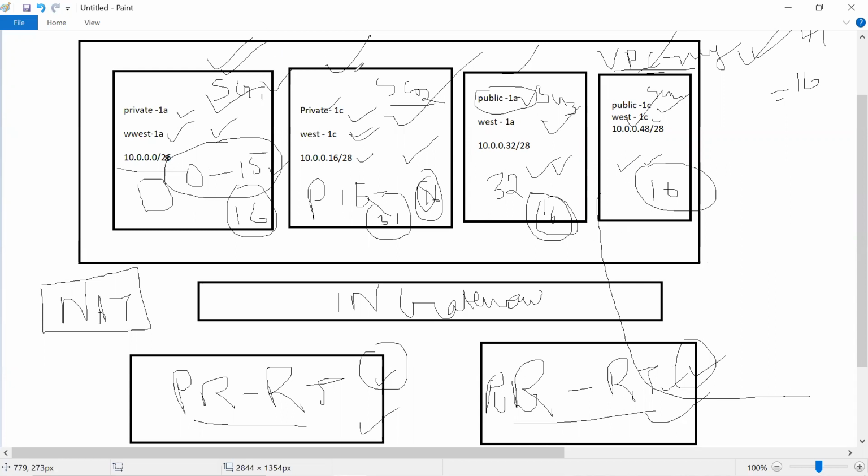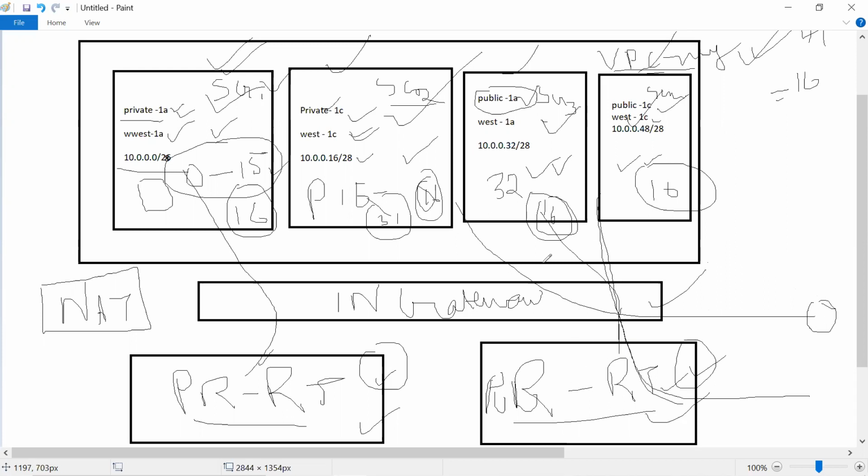I can name this private, but if I give access in its route table through the internet gateway, then the name would be private, but it is accessible from the open internet. So we won't be mixing that up. Whichever is public, we'll be creating an internet gateway and giving access to it. That is the importance of the internet gateway: if outside internet traffic has to connect, it has to go through the internet gateway, and through the route table it checks whether it is open to the internet or not, then it will give the access.